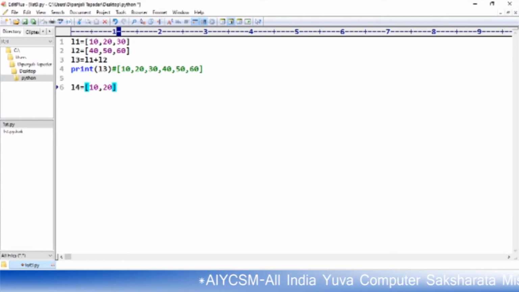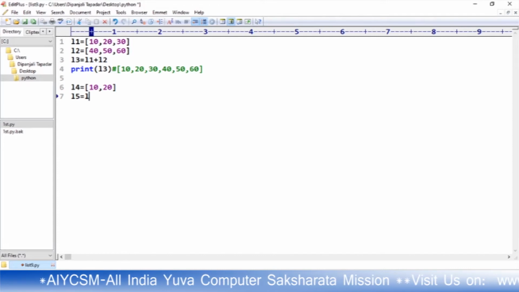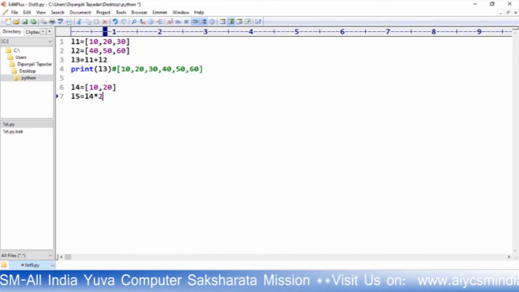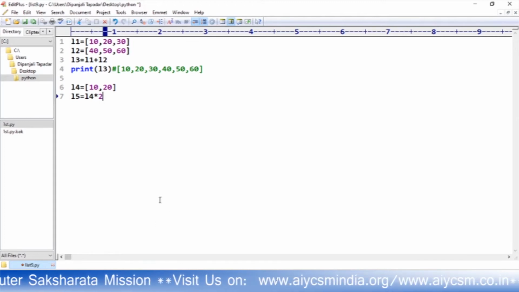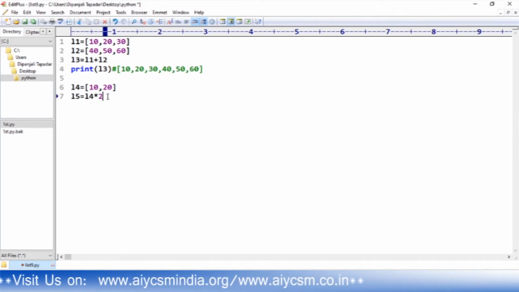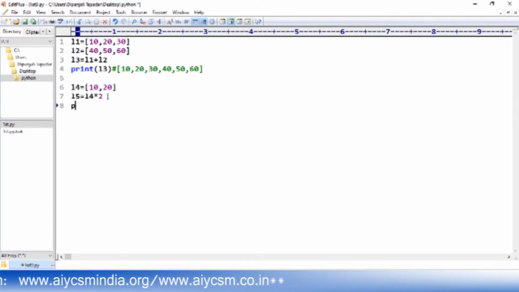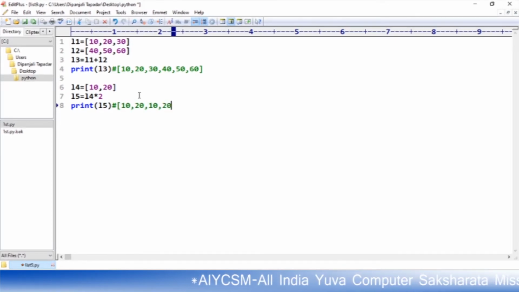Now within L5 I store L4 times 2. The most important thing is that for the repetition operator, one is the list and the second one is an integer, mandatorily. So if I print L5 now, it will store this value twice. That means the output of this program will be 10, 20, 10, 20.